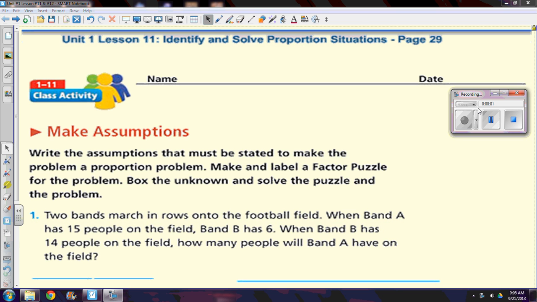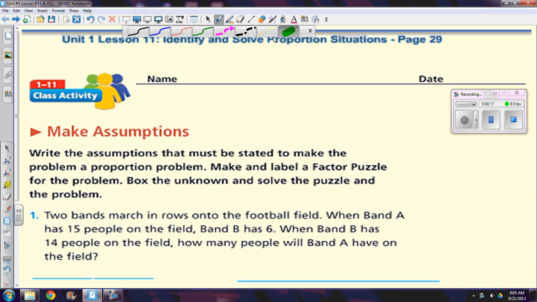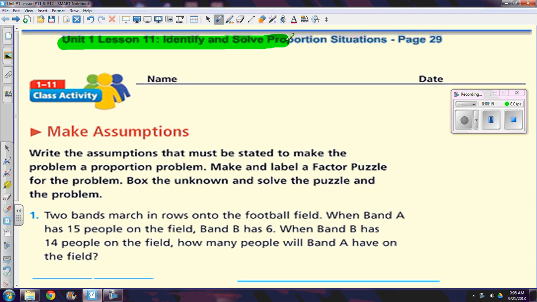All right, welcome back. We are going to be working on Unit 1, Lesson 11, and Lesson 12. Unit 1, Lesson 11, Identify and Solve Proportion Situations. This is on page 29. So again, in your black notebook, draw a line, and please write Unit 1, Lesson 11, Identify and Solve Proportion Situations, page 29,